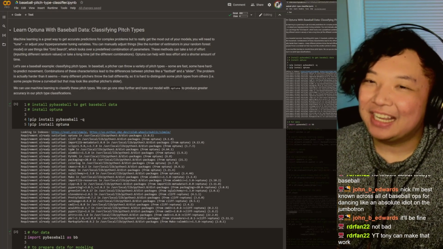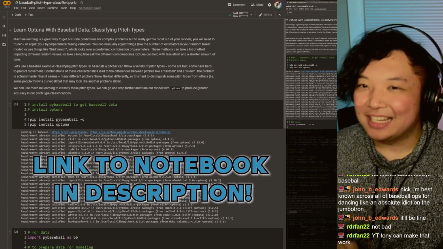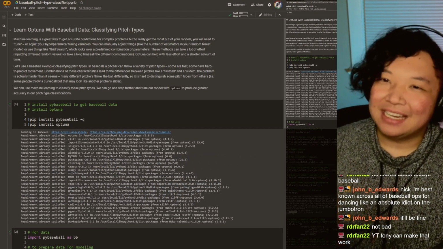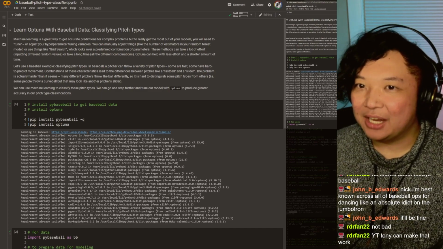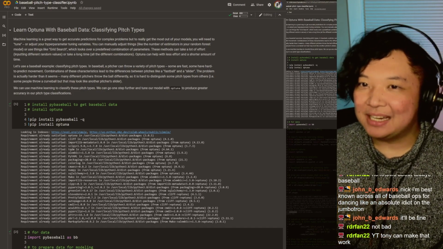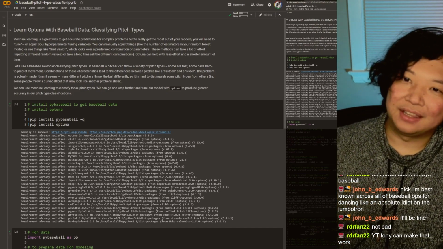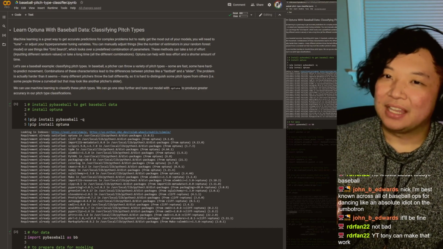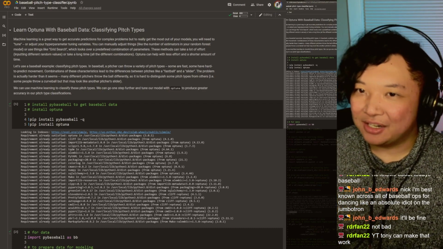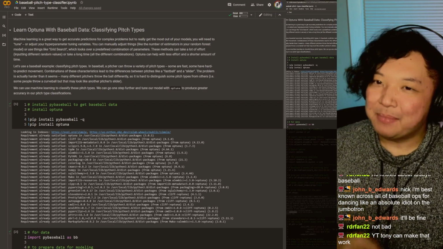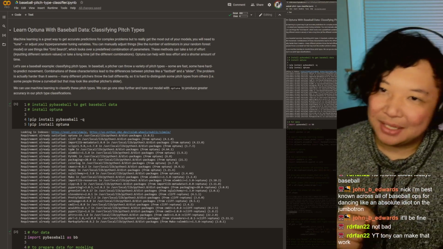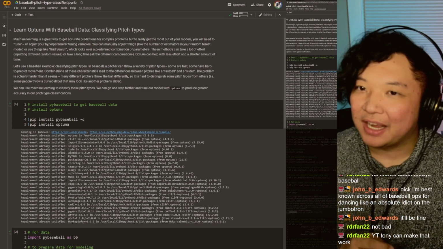If you're wondering how to get a copy of this notebook, you could actually click a link below in the description and you'll be taken to this exact notebook. It might not be exactly in the coding language that you are experienced with, but if you are using Python, then this will speak to you, especially all of the machine learning and the Optuna package stuff. If you are in R, or if you're in Rust, or if you're in Julia, all the machine learning here is pretty similar conceptually. I'm not too sure if Optuna is available in some of these other languages, but if it is, please link it below in the comments and just let people know where you could find Optuna,